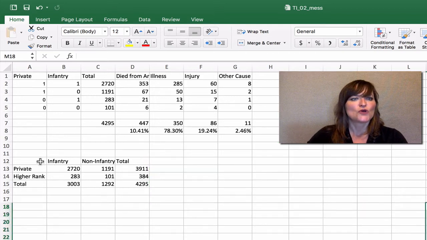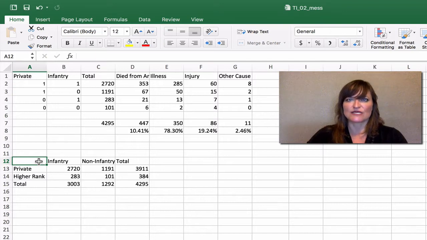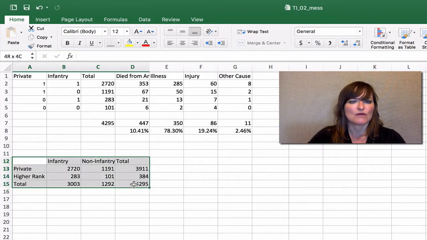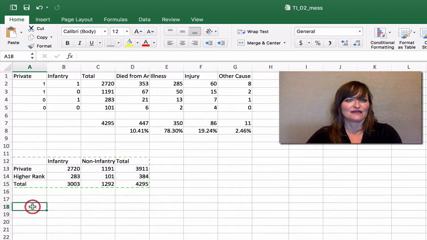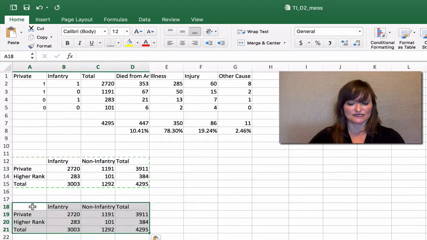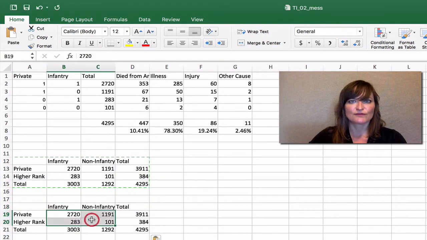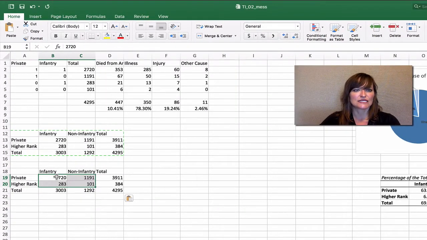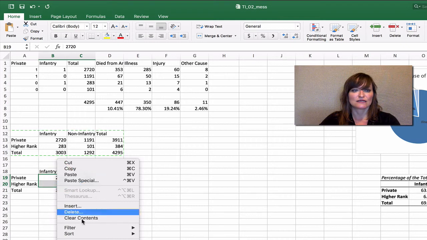Okay, so we're going to create another summary contingency table. We want the same headers. So I'm just going to copy that and come down a few rows and paste it. So let's clear out the raw data here. I've got it selected. I'm going to right click and choose clear contents.